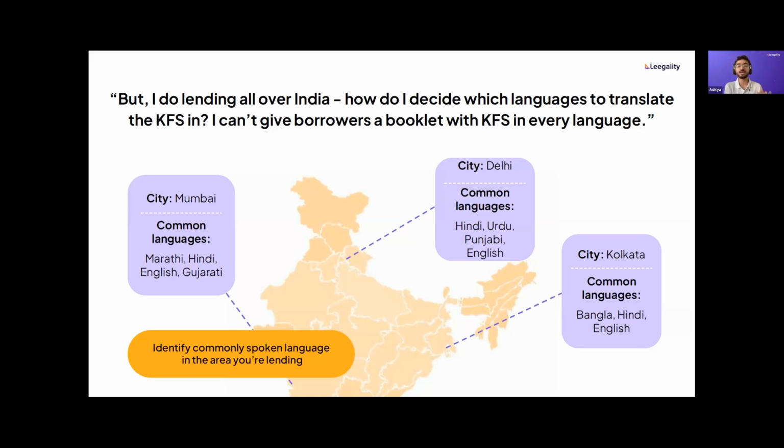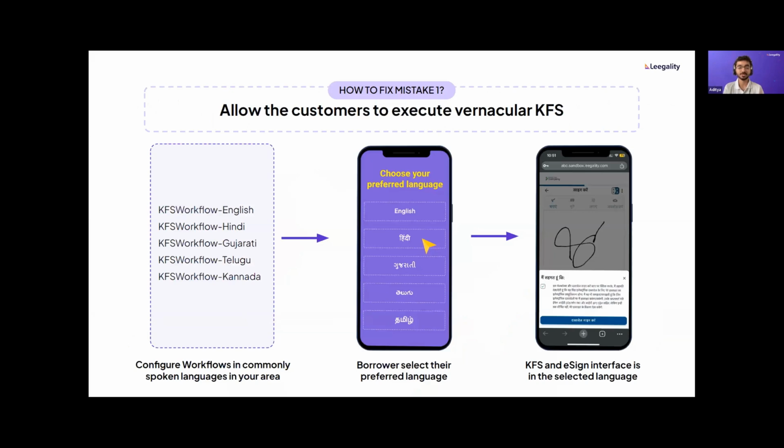So in both cases, pan-India or even within a particular area where there are multiple diverse linguistic groups, the next question that arises is: all this is well and good in theory, but operationally, how do I ensure that the particular customer in front of me or on my app at that moment gets the KFS in a language they 100% understand? The solution in physical KFS is honestly a bit cumbersome. You need to have those copies handy in all possible languages in the area that you serve. But in digital KFS, you can actually solve this at an individualized micro level, right?